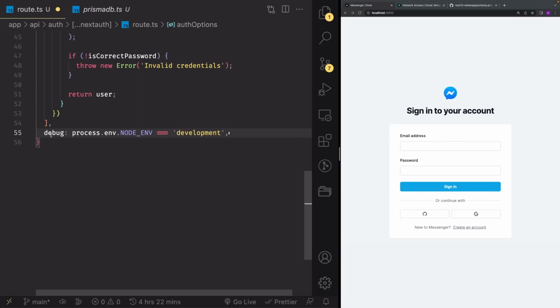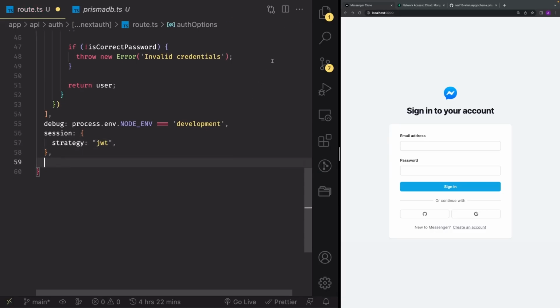So only in development, we're going to turn on debug mode. In your terminal, you're going to see a bunch of useful information for your authentication state. Then let's define our session. Our session is going to have a strategy of JWT like that. And what we have to do in the end is write a secret. So go ahead and write the property secret, which is of type